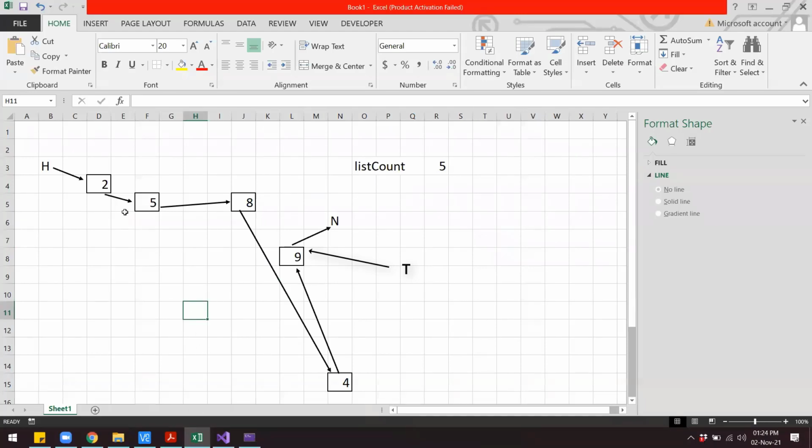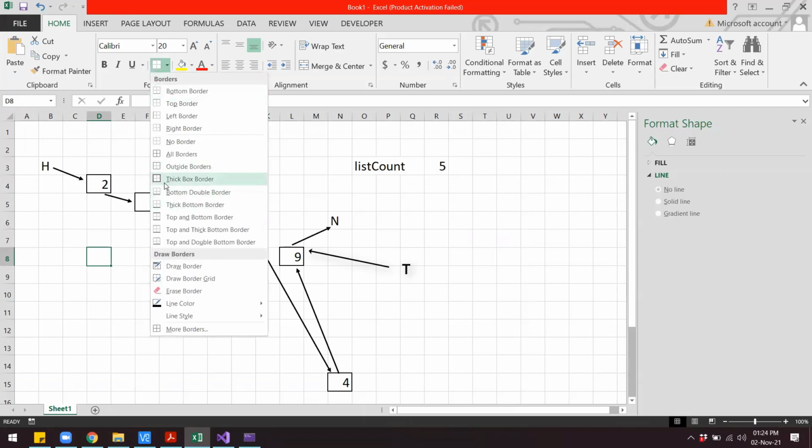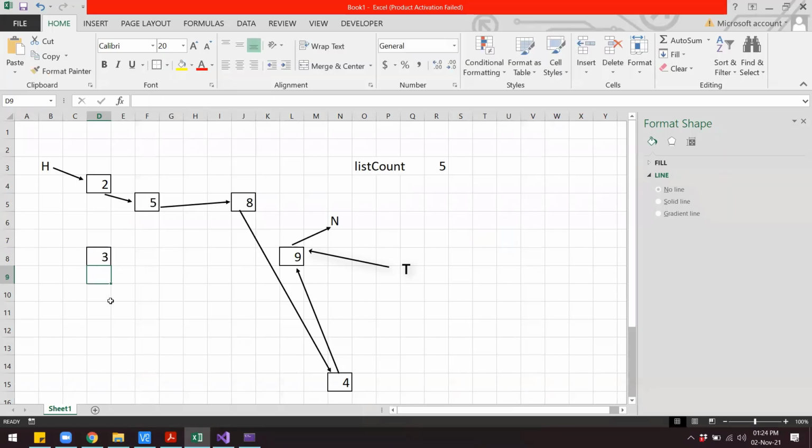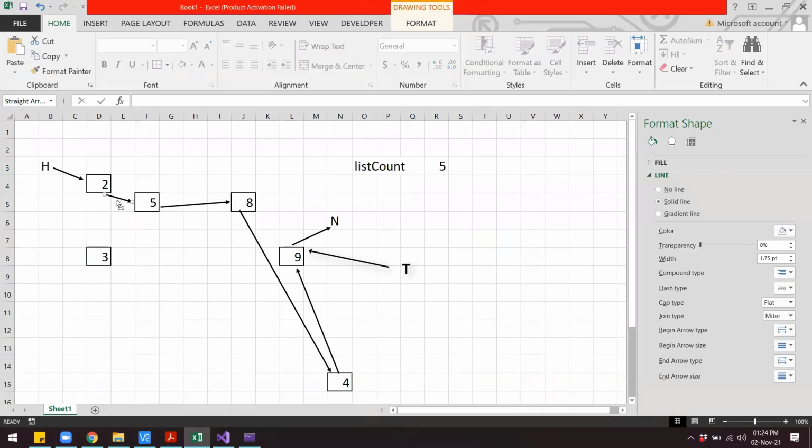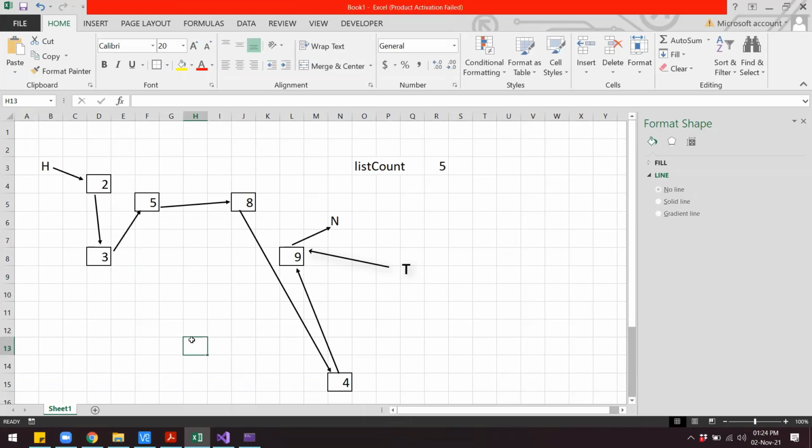So initially we had this, now we have one more node, which has the value 3. So this is how the list looks now after we have inserted 3 at position number 2.